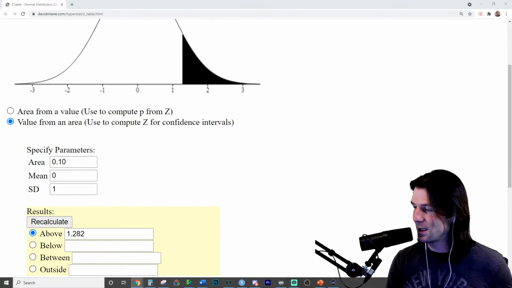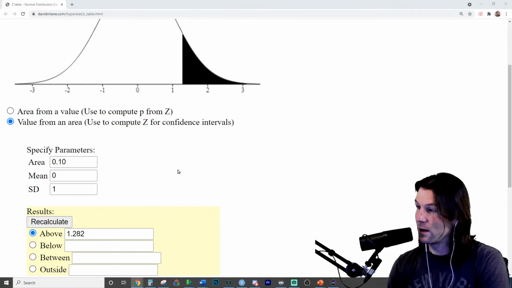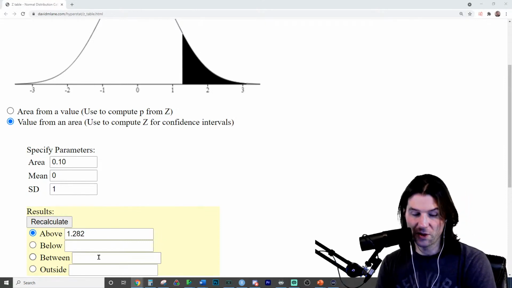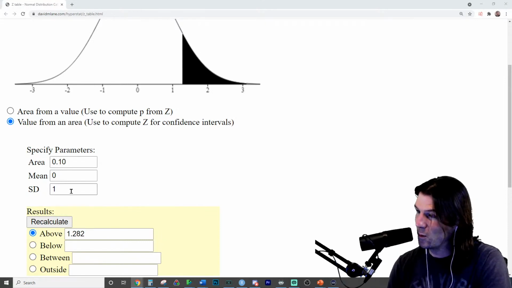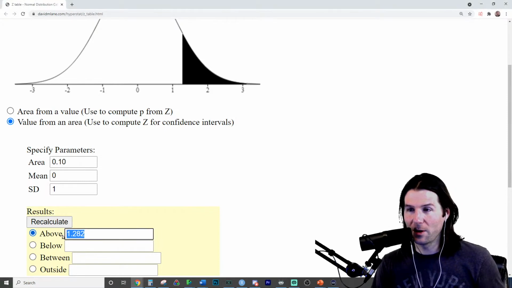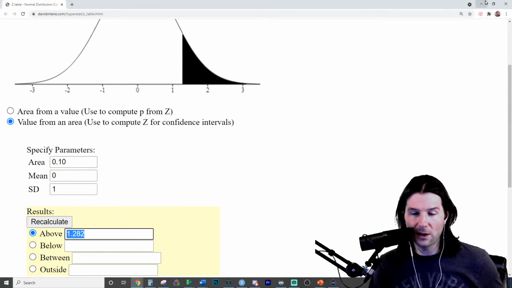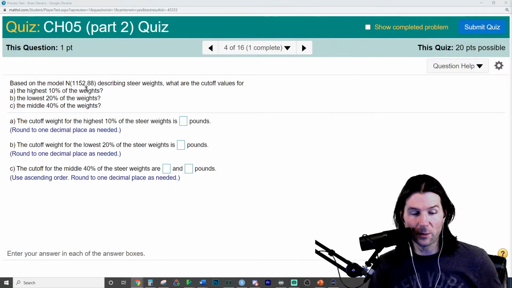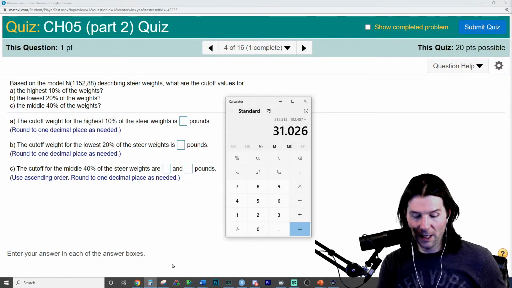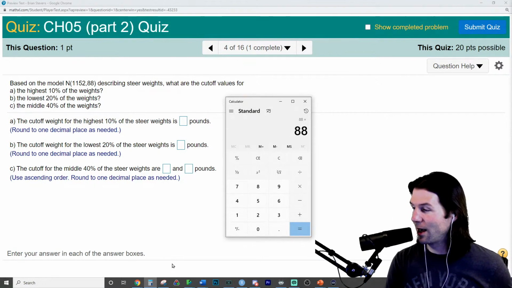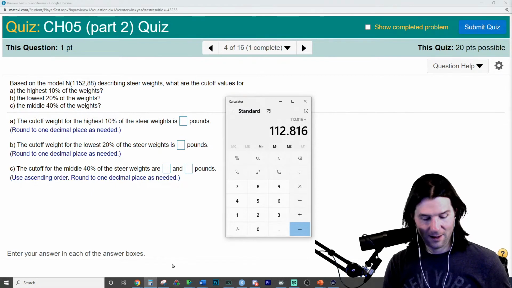Great job, Layla. You are correct. It is the 90th percentile. So the 90th percentile is going to be the top 10%. You know what we can do with the applet? We could figure this out with the z-score. And the z-score tells us how many standard deviations it is above the mean. So all we do is we take the standard deviation, times it by,